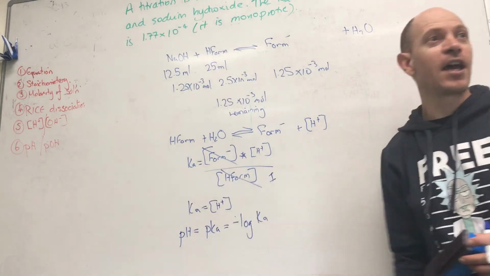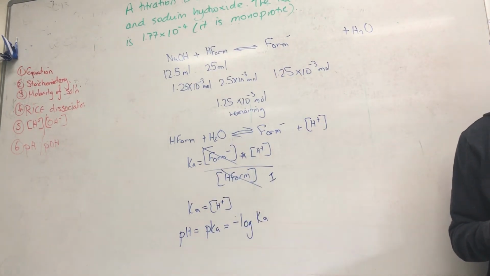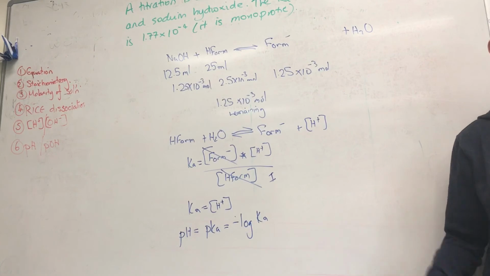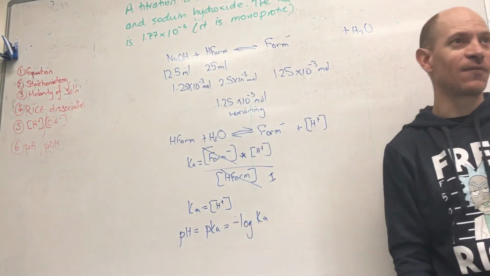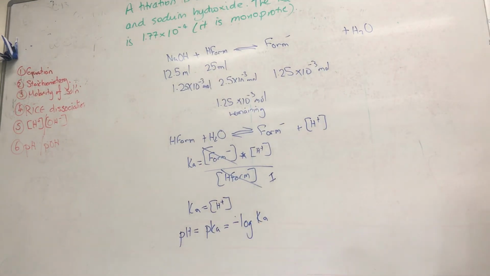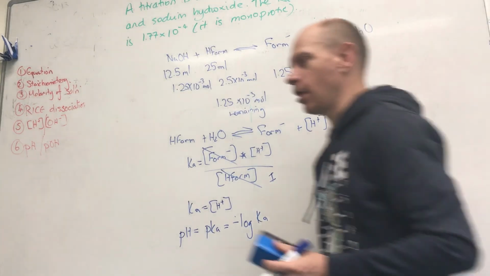It's the negative log of the Ka. I've just never seen that in documentation. Yep, so pKa is the negative log of Ka. So like pH is the negative log of the concentration of hydrogen, pKa is the negative log of the dissociation constant. All right, you're all good with that? Yes? All right, so